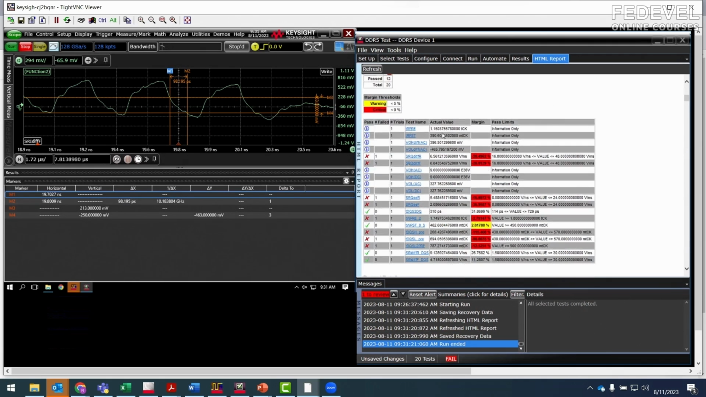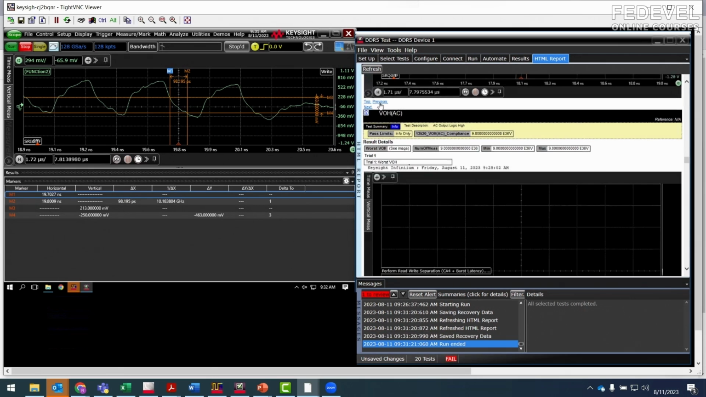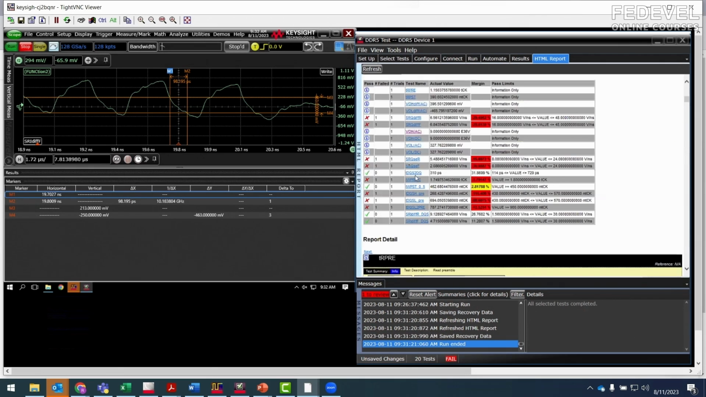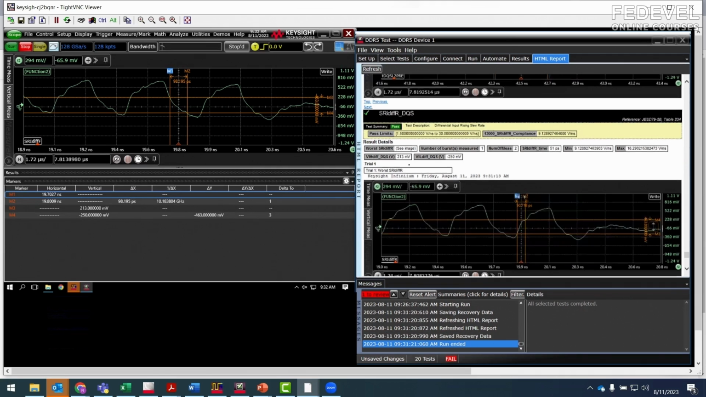Summary table, kind of at a glance. These are hyperlinked. So I click on any of these and it jumps to it. Go back to the top, get one that passed. Okay, this looks well behaved. There's a little bit of reflection here, but for this slew rate test, it looks fairly reasonable. How about let's look at one of those